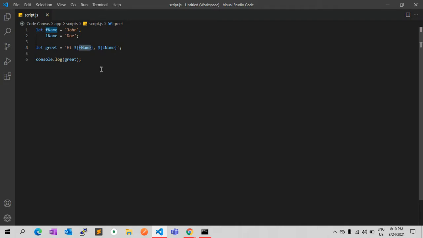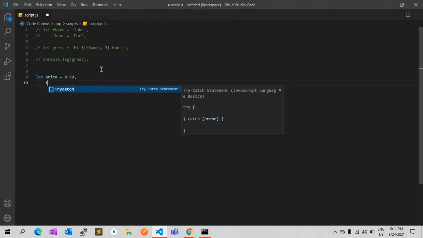The substitution dollar fName and dollar lName accesses the variables fName and lName to insert their values into the greet string. The greet variable then holds the result of the substitutions. Let me show you another example. I'm declaring two variables.